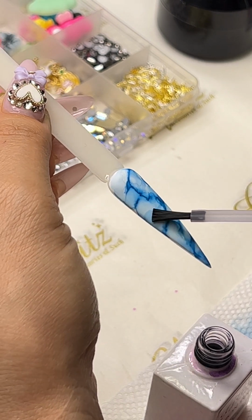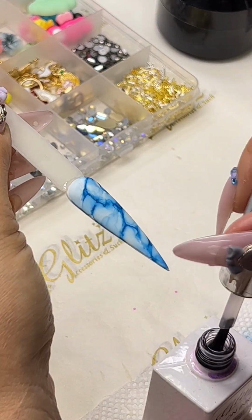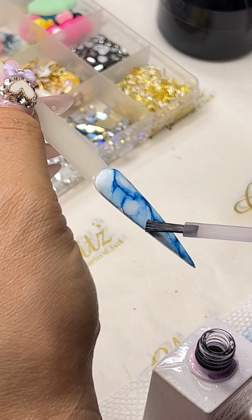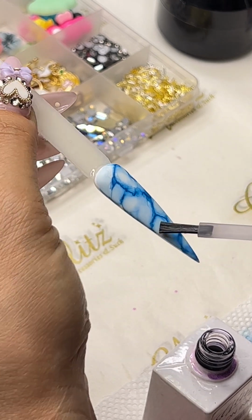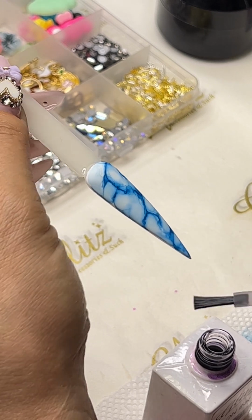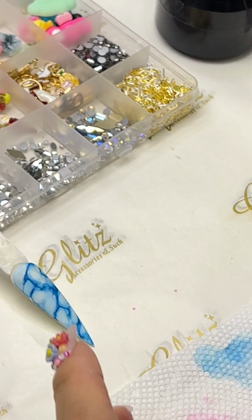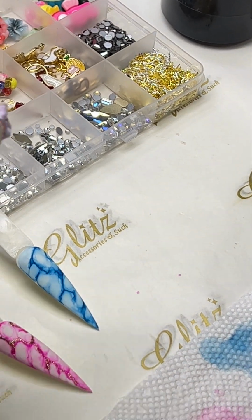All right, if you like it like this, you can leave it as it is. If you want more, absolutely, you can add more, as you need it, as you prefer, or as your clients prefer. However it comes to you. All right, so I'm going to leave it like that, and then we can put the